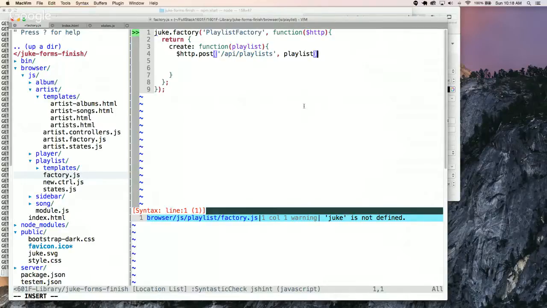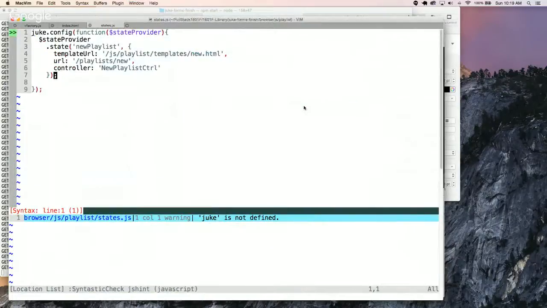So once we end up doing that, we could go over here, and we know that we're going to get some data back. And we could return our result.data, which should be our playlist. Now, again, common problem here is that we expect create to return a promise, so don't forget to return. Okay? And so now if we end up going back here,